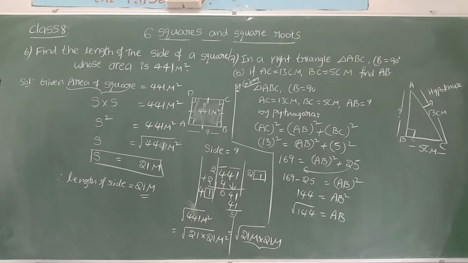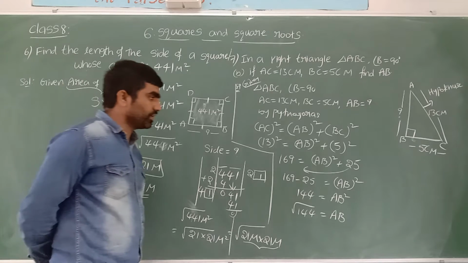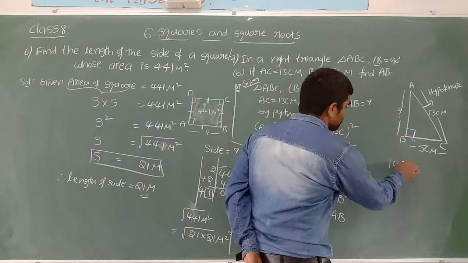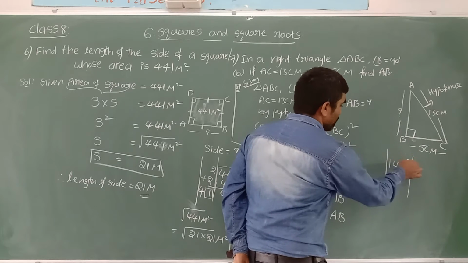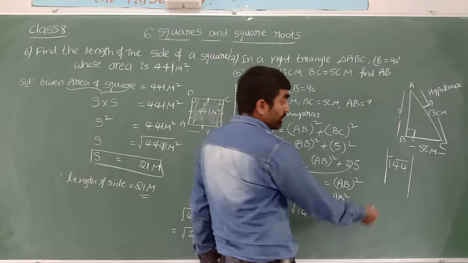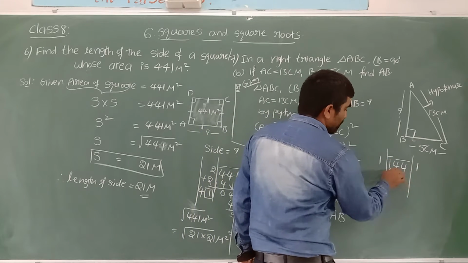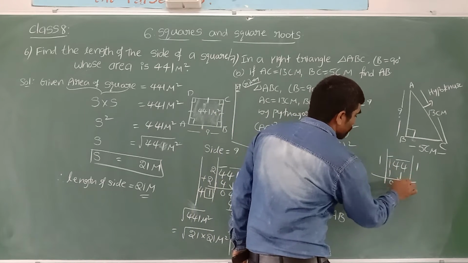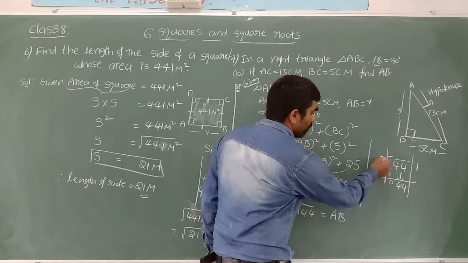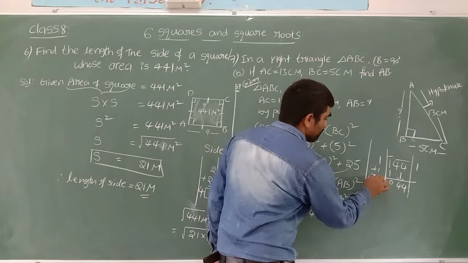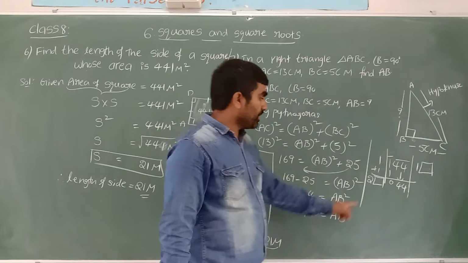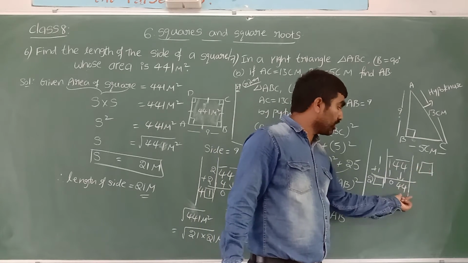Now we have to find the square root of 144 by using any one method. It may be repeated subtraction or long division or prime factorization. Let me go with long division. Place the bar on every pair of digits from the one's place. Here 1, nearest perfect square is 1 itself, 1 minus 1 is 0. Both digits we can take down. Question 2 we can add here, 1 plus 1 is 2. Keep one box here, and here also keep one box. Write the same digit in both. If I write here 1, here also 1. 21 ones are 21.